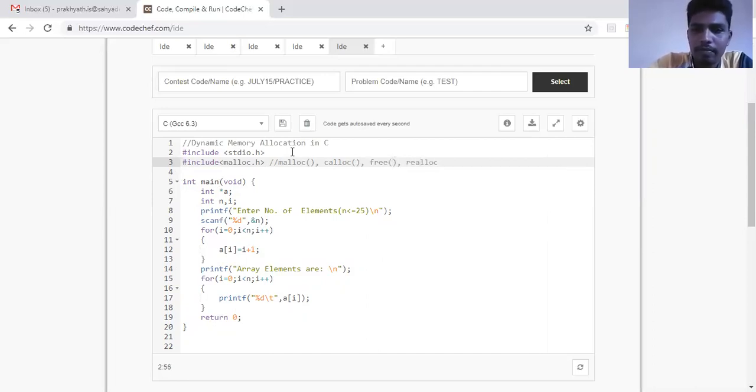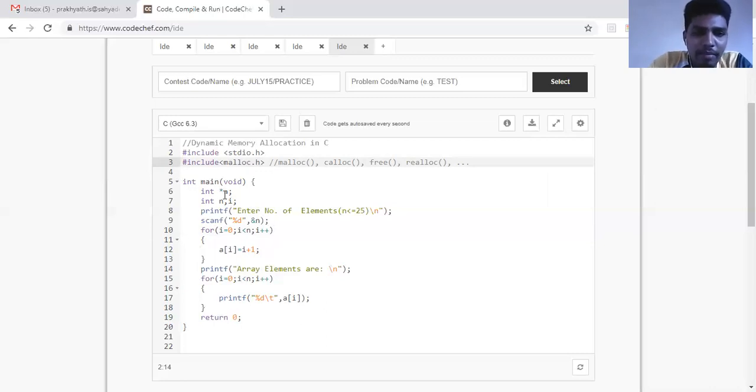Realloc. There are many more functions in this particular header file, but we'll be using these 4 standard functions in our code. Other functions are there for handling errors of dynamic memory allocation, all defined in this header file, but we'll be using only these.